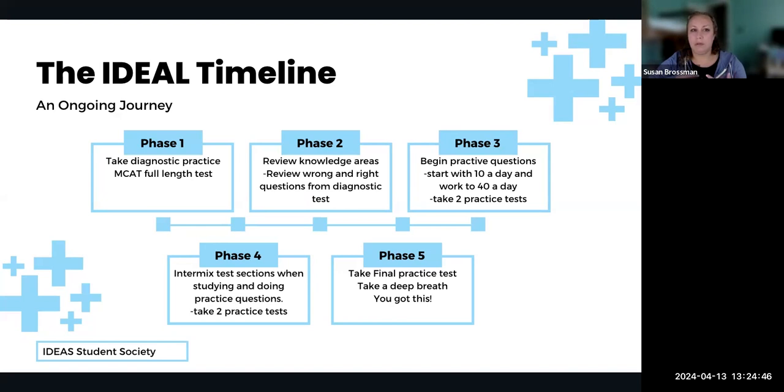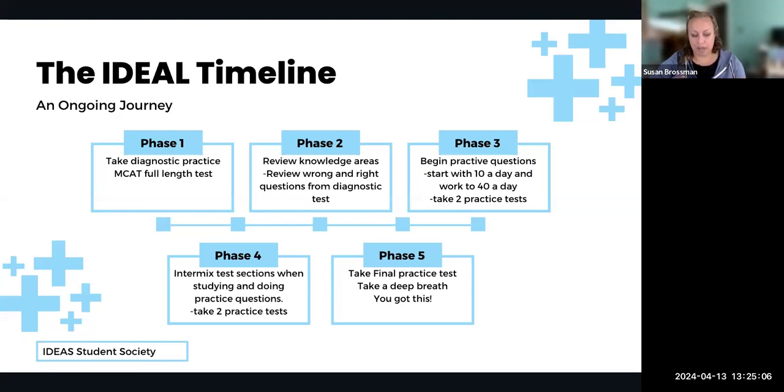Through research and speaking with medical students and doctors, it seems that 6 months is a good compromise for the amount of time you should be spending studying for the MCAT, because it's pretty much a big knowledge dump.